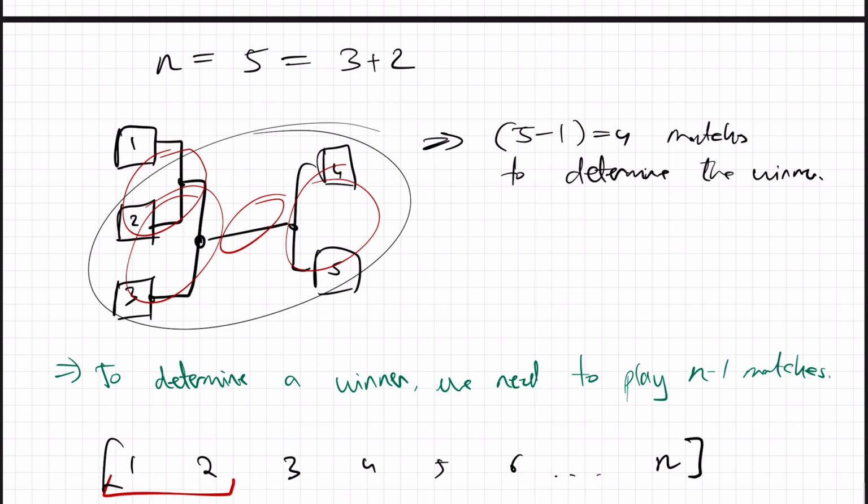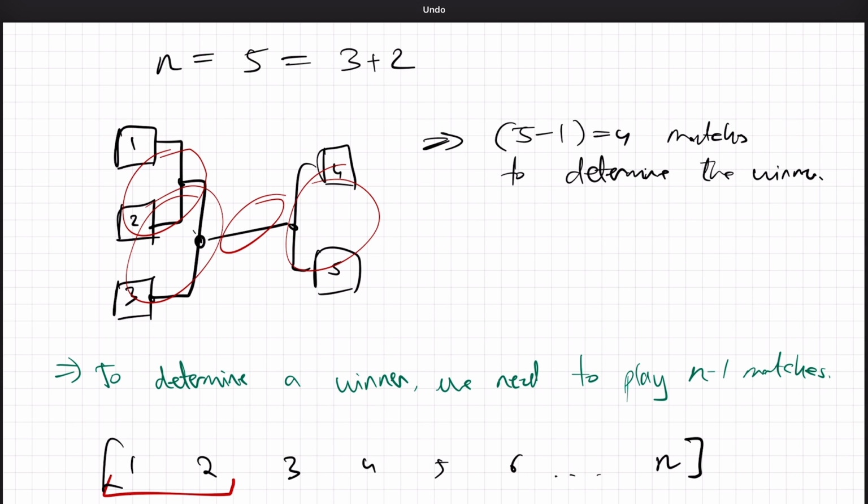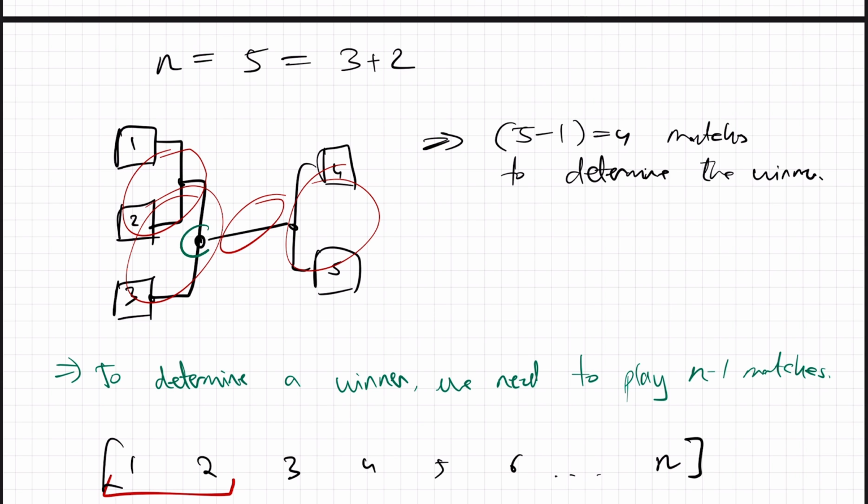And if we look at it in this table format, this person over here was the best from the left side. This person here was the best from the right side. So when we play them against each other, we'll know who's the best overall. But who would be the second best? Would it just be the loser of this side? If it was the loser,